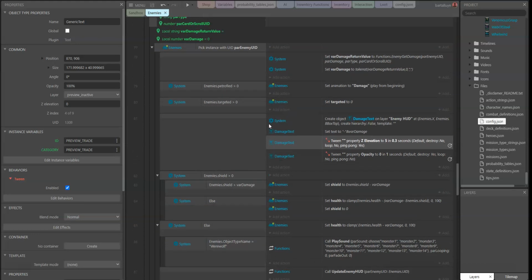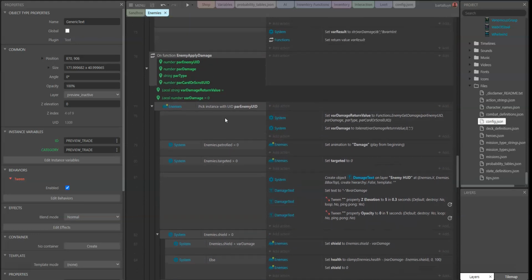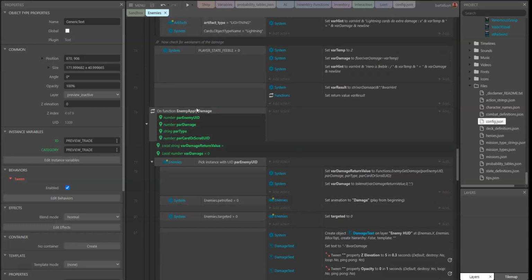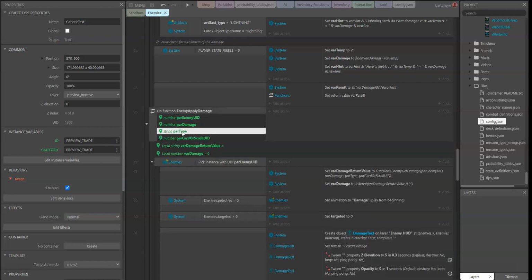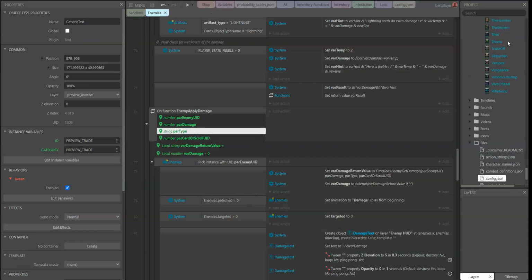So, what have I been up to lately? Well, this here, enemy apply damage, has got some extra parameters like this action, this parameter type, and this scroll UID or card or scroll UID. Why is that? Because let's see, for example, if we go and